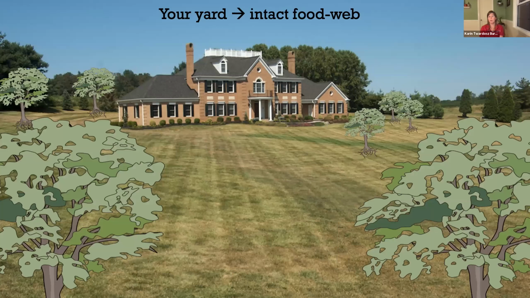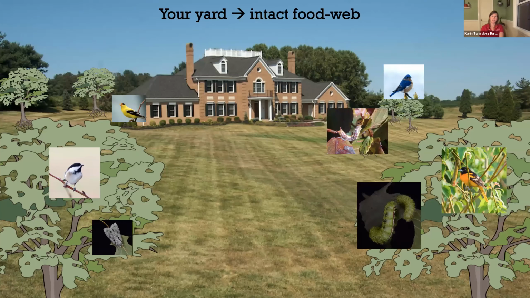So how might we make it a more intact food web and a more functioning ecosystem? So part of the answer is certainly adding biomass. Very little biomass is being produced in this mown lawn landscape. And if we produce plant biomass, we're liable to bring in a number of other creatures that utilize that plant biomass, like insects and birds.